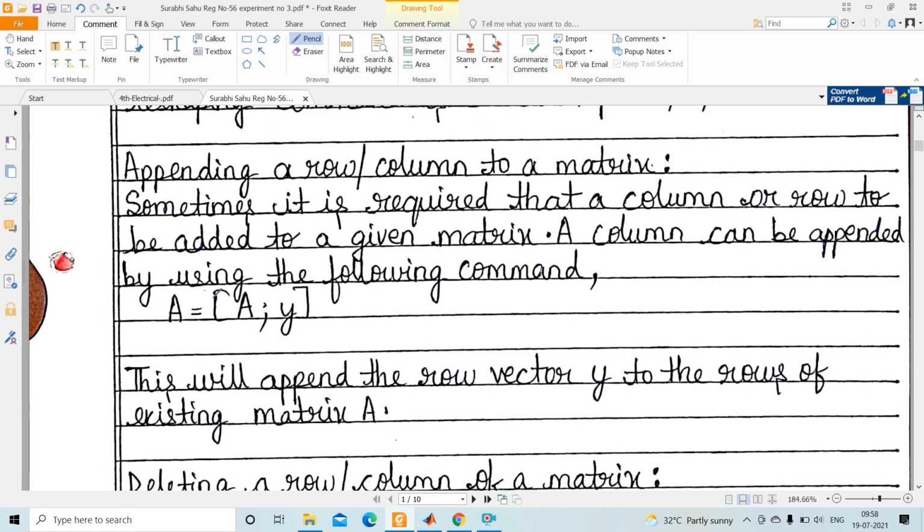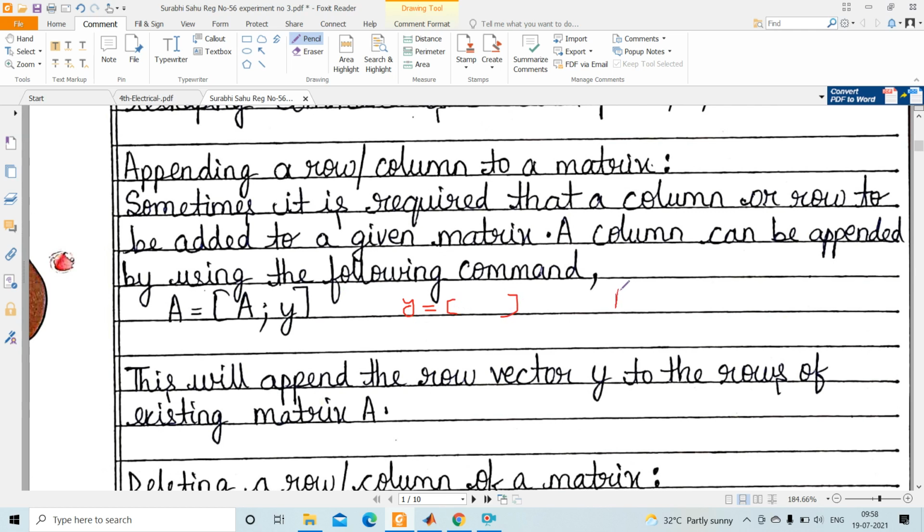Okay, so here the existing matrix, let it be A. If I write A semicolon Y, that means Y is a row vector, like this, only row elements are there.